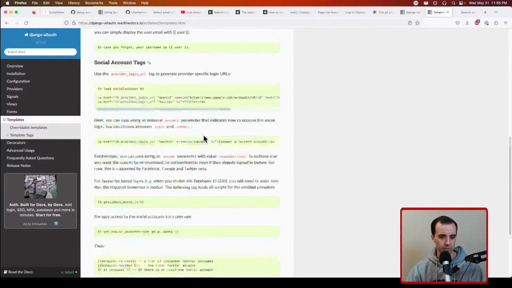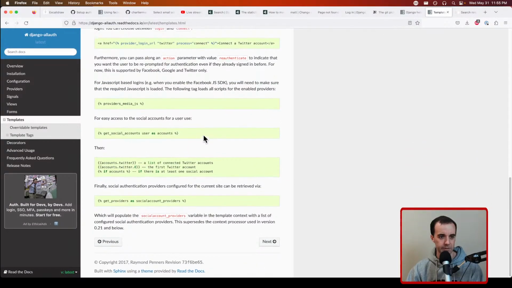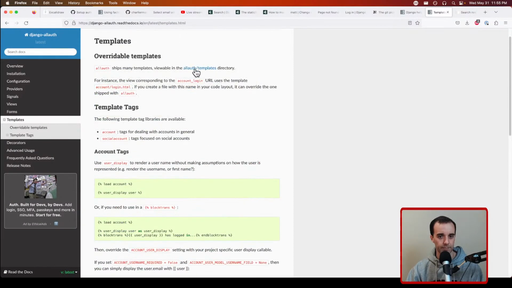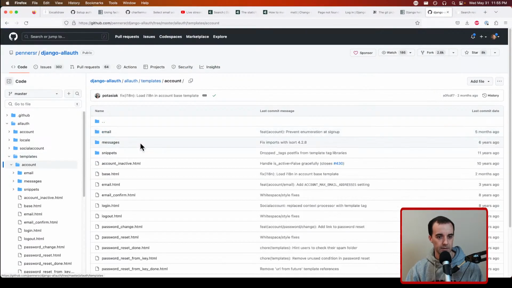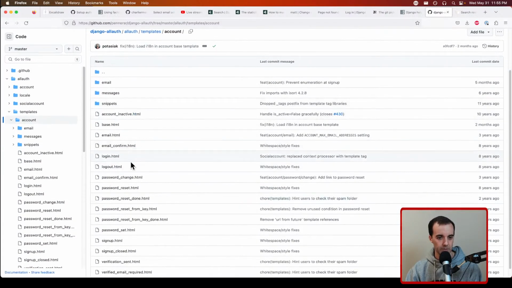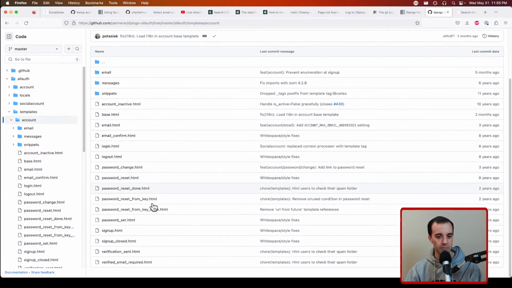Template. Where's the list of them? Oh, we gotta look at the directory. So there's log out. All right, so there's some stuff in here. And I remember some of these being a little weird